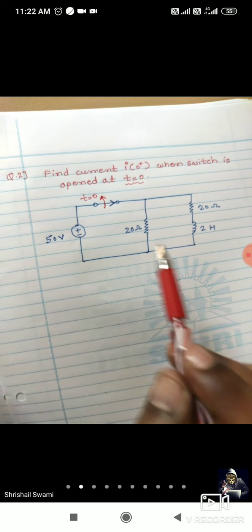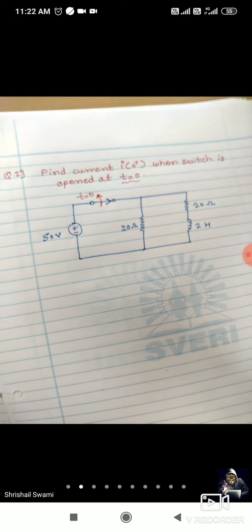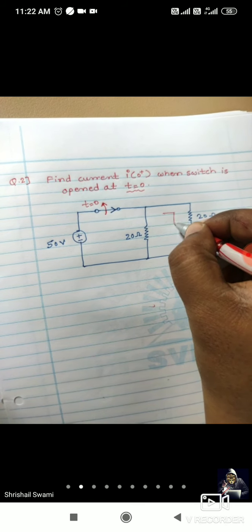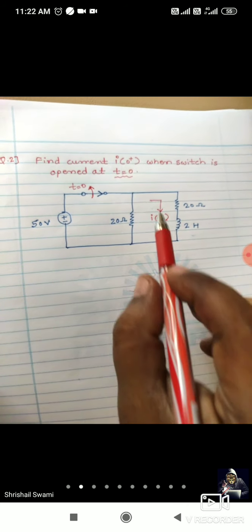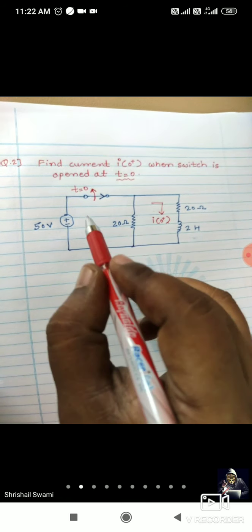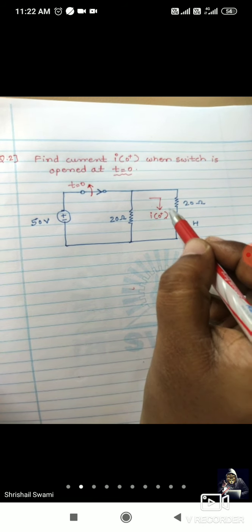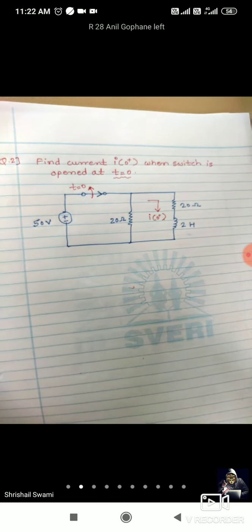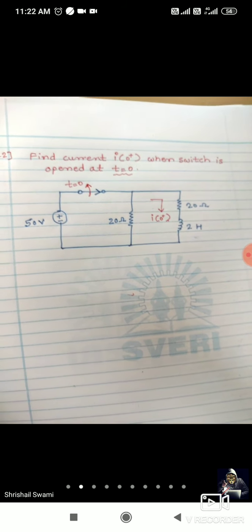So a very interesting concept is there. Until now we were saying switch closing at t equal to 0. Now switch is opening at t equal to 0. You can try this example. And you have to find out this current, that is I of 0 plus. The current flows through 3 branches: the current in this branch, this branch and this branch. But they have asked for the current in this branch, that is I of 0 plus. You have to find it when switch is open at t equal to 0. Whether you can solve it, try it.